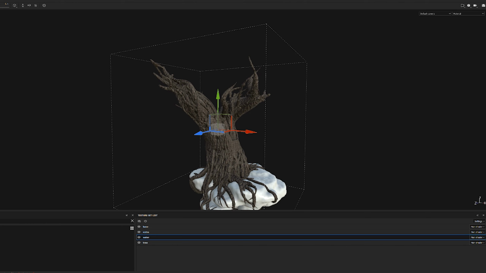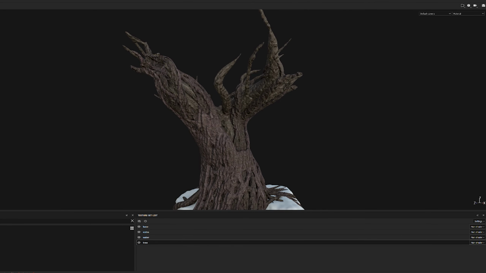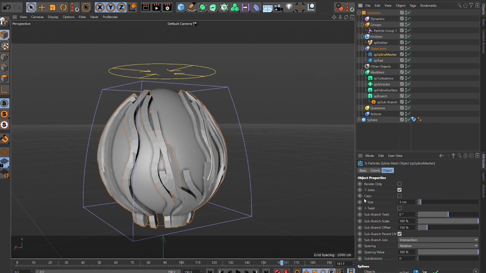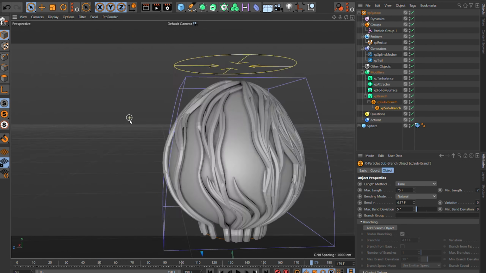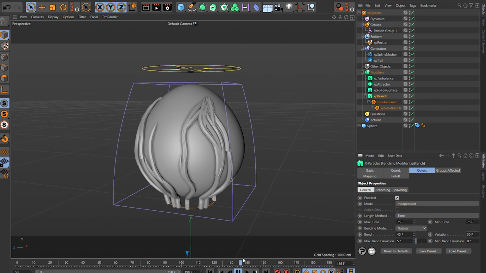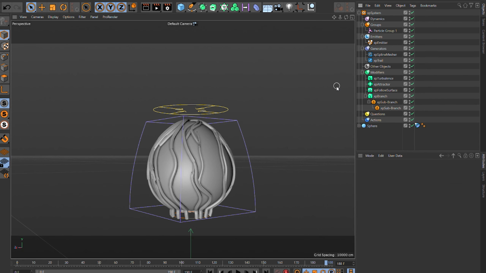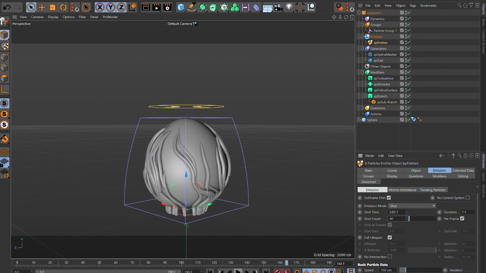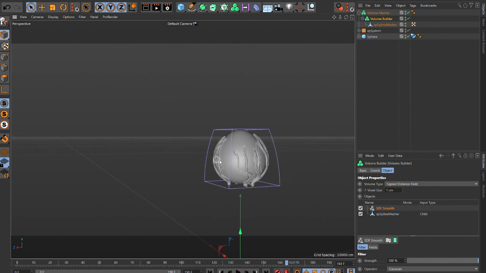This is in Substance Painter, and I'm just using different layers there. And this is the making of the egg, so I'm using X particles, just shooting particles from the bottom to the top, using XP branch, using a mesher to create some geometry from that. And it's all experimental, it really is like playing around with Lego, it's super fun.